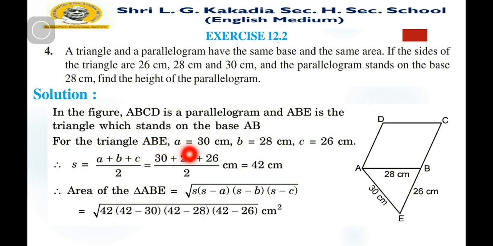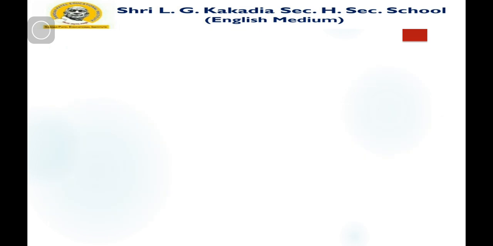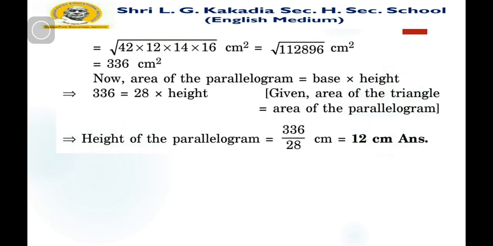For the triangle, a is equal to 30 centimeter, b is equal to 28 centimeter, c is equal to 26 centimeter. Therefore, S is equal to (a plus b plus c) by 2, which is (30 plus 28 plus 26) by 2 centimeter, equal to 42 centimeter. So the area of the triangle is the square root of S(S minus a)(S minus b)(S minus c). Putting in the values, the square root of 42, (42 minus 30), (42 minus 28) and (42 minus 26) centimeter square, which is equal to the square root of 42 into 12 into 14 into 16 centimeter square,